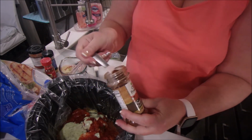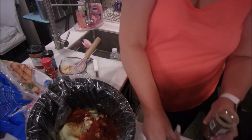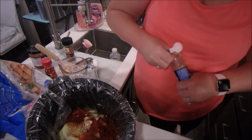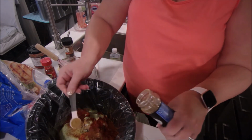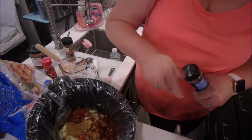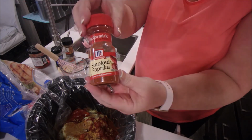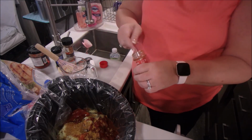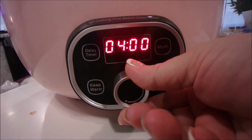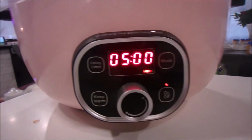And then we're going to add in our spices. I loved it because they were all half a teaspoon. So very simple to just keep using the same little measuring spoon and add them in there. And since my chicken was frozen, I did high for 5 hours. This called for high for 4 hours. My chicken was ready. I just